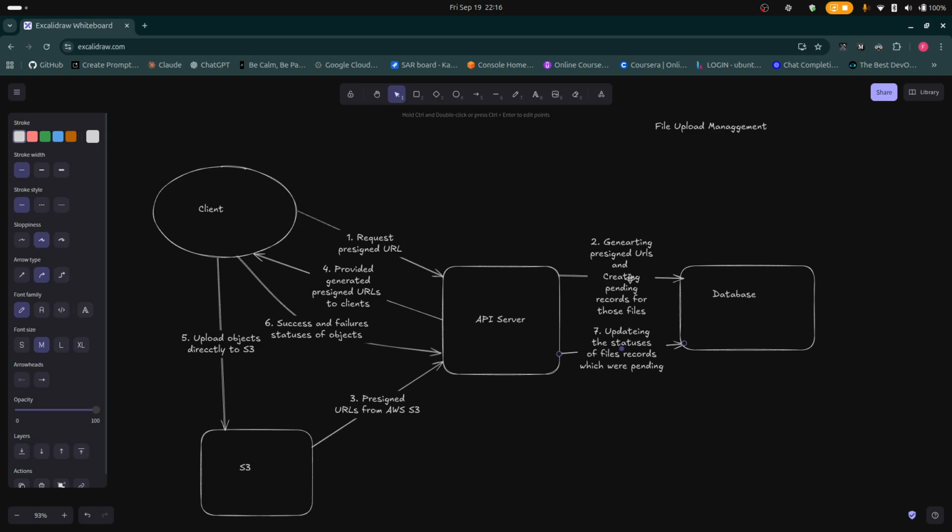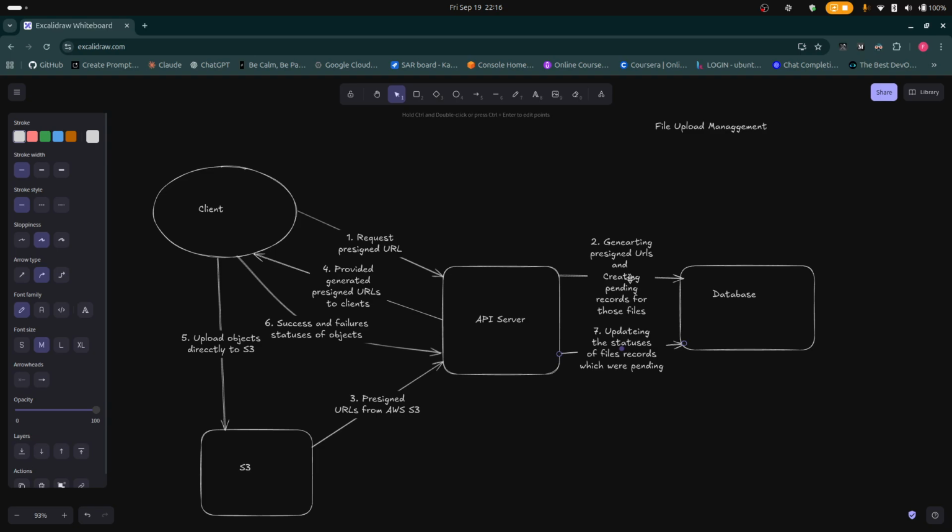This is not working as a whole single transaction, but is multi-step, and those are individual independent transactions, but as a whole they are trying to make the system consistent. And even though during failures the client didn't provide us the success and failure statuses, we have those pending records, and we have a separate cleanup process running in the background, and that's going to clean up those documents by